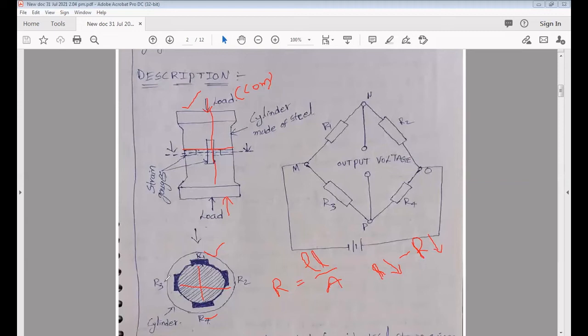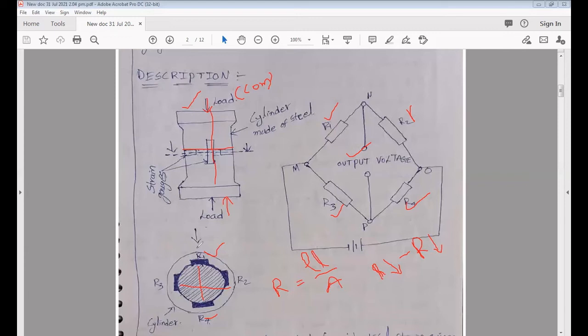Whenever the resistances R1, R2, R3, R4 all change, the output voltage in a Wheatstone bridge will give a different value. Whenever the four arm resistances R1, R2, R3 and R4 are constant and equal in a Wheatstone bridge, we can assume a cylinder with four arm resistances. At that time the meter will show only a null deflection. It means zero value. There is no value on the output voltmeter. The output voltage is completely zero.